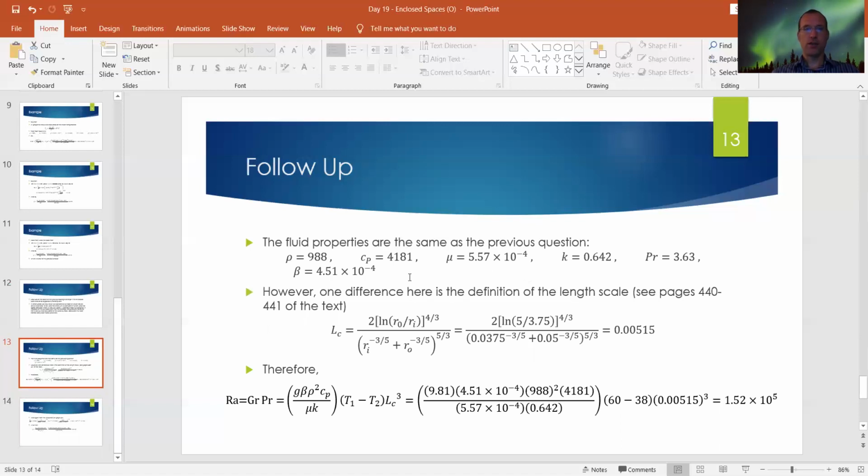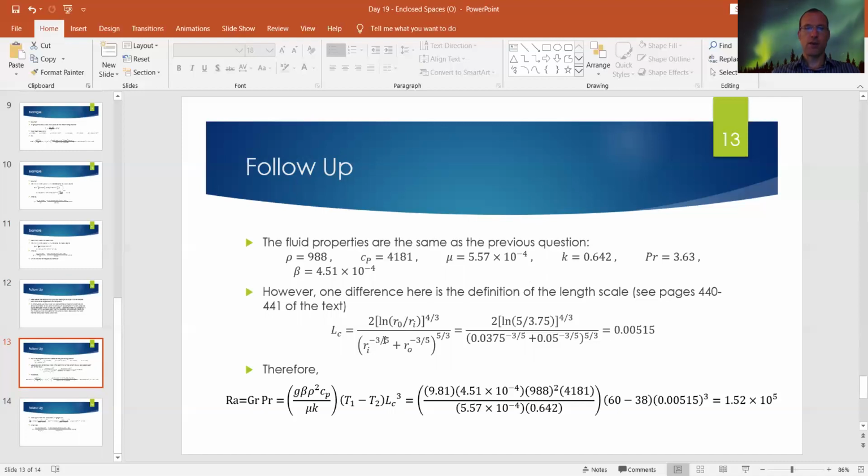Now when we get into finding the length scale or the Grashof number, on page 440, 441, when it talks about the scenario of the cylinders, it gives you this length scale to use. So before we use that value delta, here it wants you to use this length scale, kind of funny equation for it, but that's what everything else is based on, so we need to use it. So 2 times the natural log of the outer radius over the inner radius, that whole thing to the 4/3 power, divided by